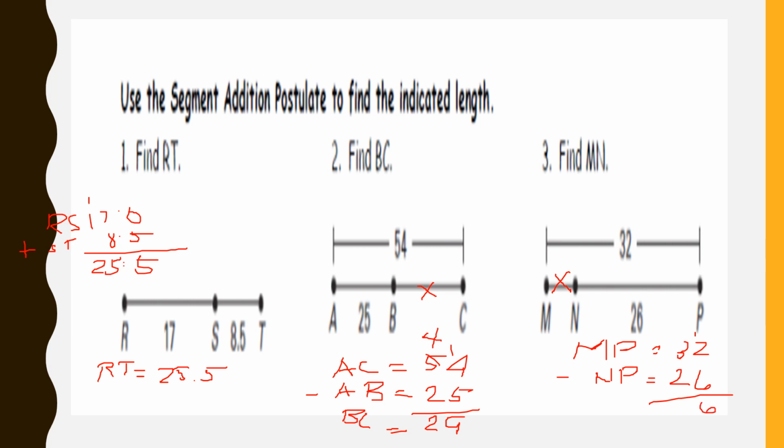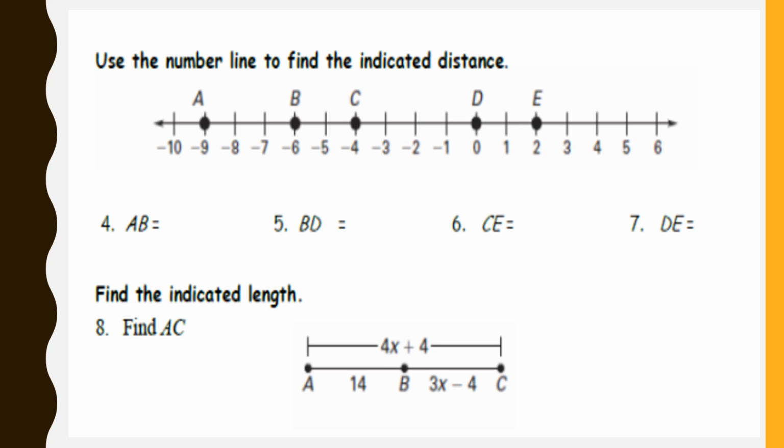Okay, therefore MN is equal to 6. Okay, that's it. Let's see the next one. All right, so let's get the distance between